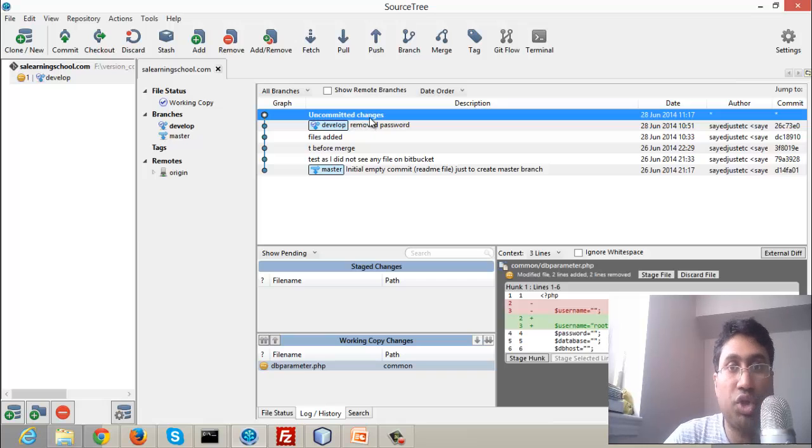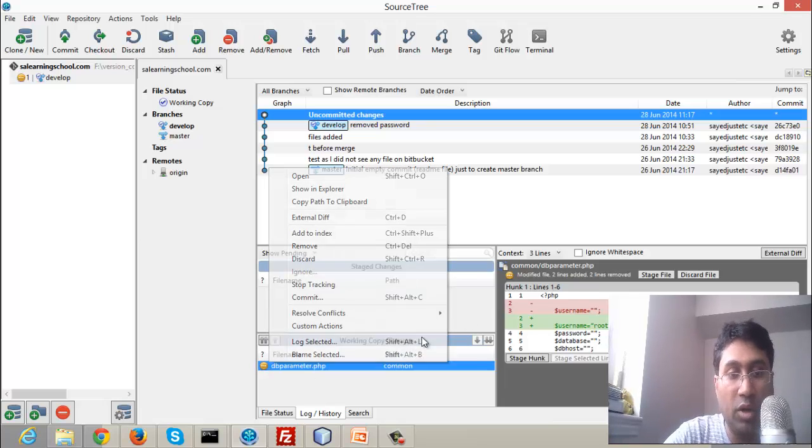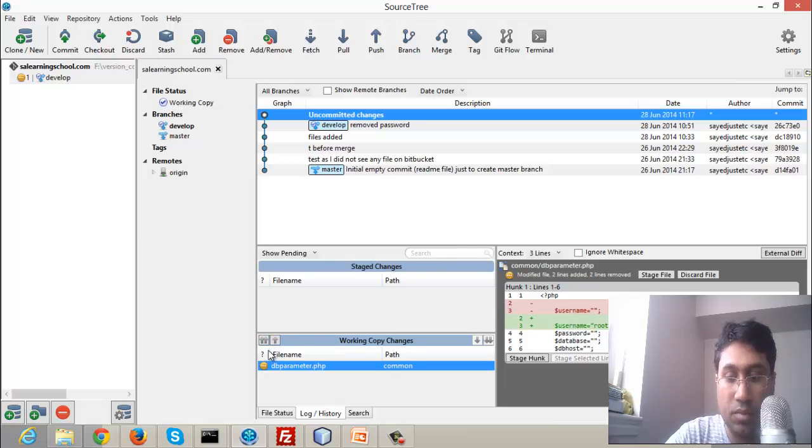Another thing is, this is the Windows command prompt. SourceTree also has a shell terminal. It is like a Mac shell. So you can use git status here as well. It is modified. Okay, this is modified, but it is not staged yet. You want to, so it will be this change. And if you run git status,